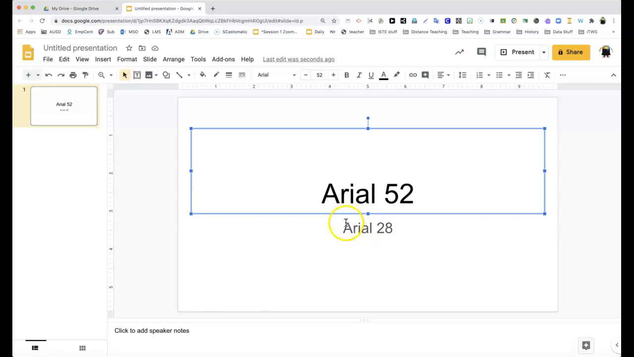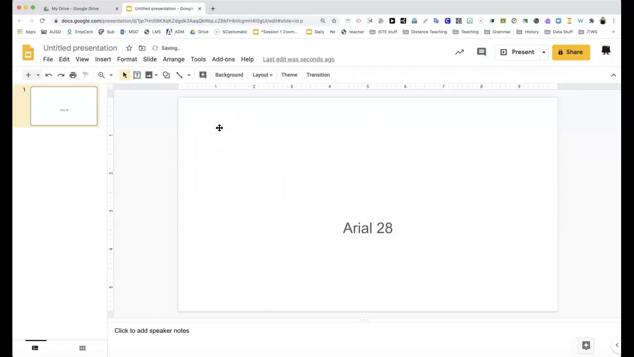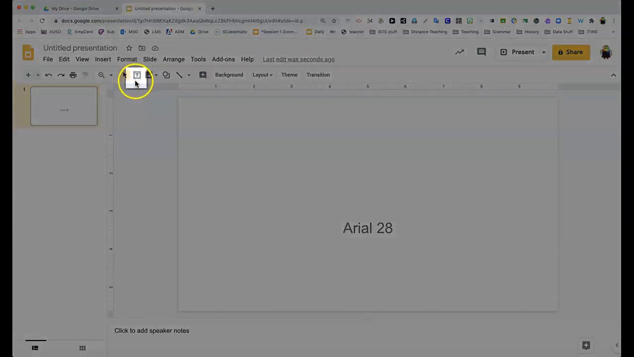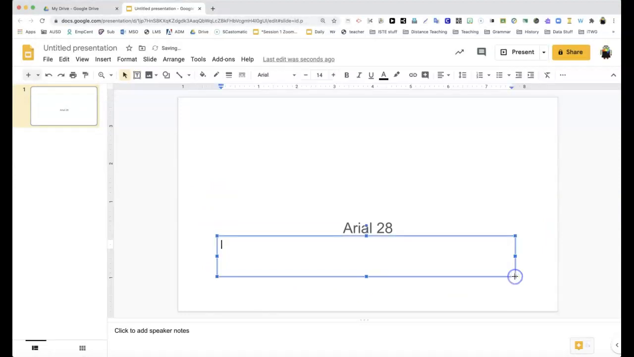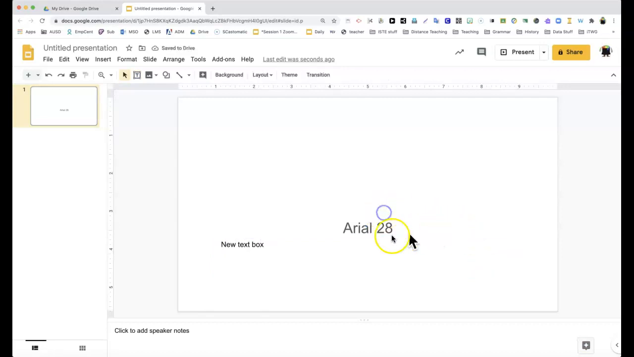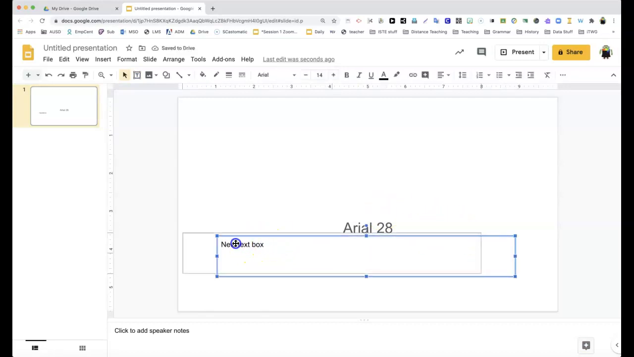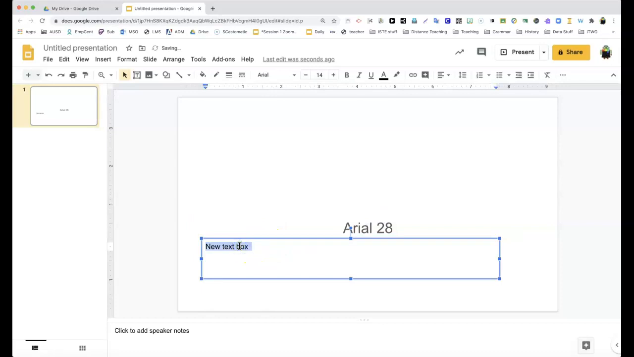If we don't like that, if we're like, oh, I don't want a text box there, we click on it so that it's blue around the edge, and then we can just hit the delete button and that whole text box will go away. We can always add another text box by clicking on this little T right here. We'll notice that my cursor changed from an arrow to a plus sign, and I just set it on the page, and I can go ahead and add a new text box, and I can then highlight the words inside,